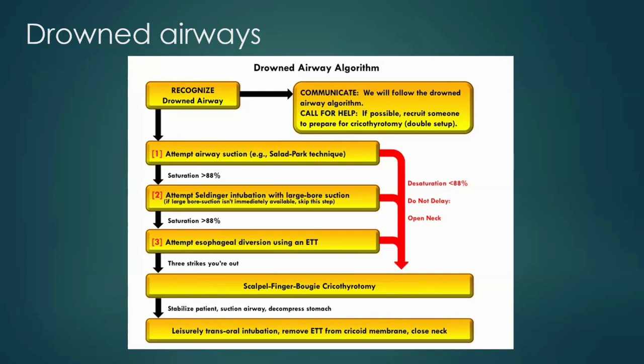The third thing that we can do for drowned airways as well is that we can attempt what we call esophageal diversion. So what happens here is that you're going to have two different ET tubes, same size, maybe one bigger, one smaller, but you have one dedicated for your trachea, and one essentially is going to go into the esophagus. The idea here is that you will still be using your laryngoscope to some extent to get the tongue out of the way, and you'll be blindly intubating